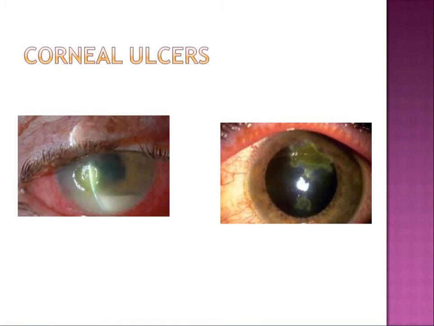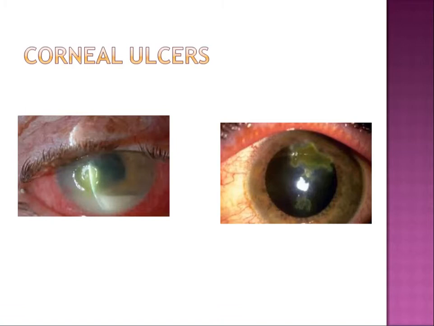A corneal ulcer you'll be able to identify, but the most important thing is to classify what type of ulcer it is. Depending on clinical findings and corneal sensations, if the corneal sensations are diminished, we say it is a viral ulcer, if you are able to see the dendritic margins of the ulcer very clearly. That is one thing which goes in favor of viral ulcer. Now, if you're seeing an ulcer with round edges and it is localized in one particular area, then probably it is a bacterial ulcer. In any case, you have to scrape the material from the corneal base and the edge of the ulcer.